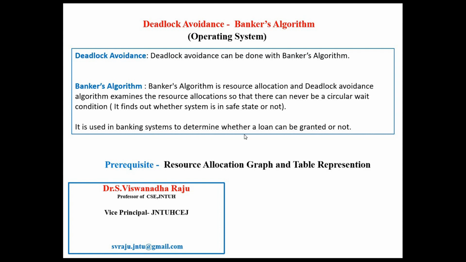Let us take an example. If I submit an application as per my requirement, worth 1000 rupees, then the banking system will verify how much available balance they have, and on the basis of the available balance, they will take the decision whether to grant or not. Suppose my requirement is 1000 rupees, and in the bank only 200 rupees is available, then they will not grant it. Suppose in the bank 1200 rupees is available and my request is 1000, they may sanction 1000 or less than or equal to 1000 as per their rules and regulations.